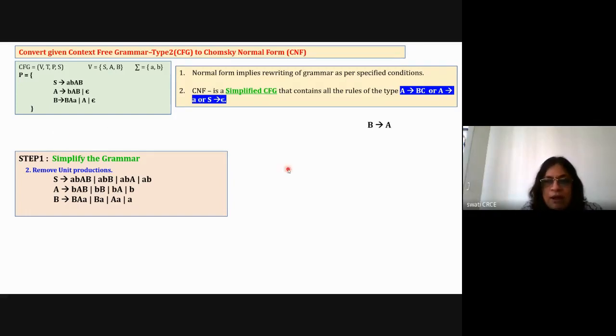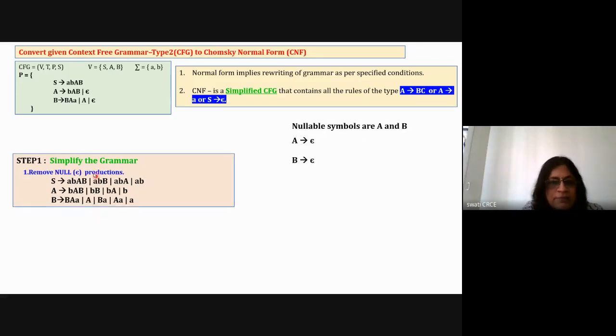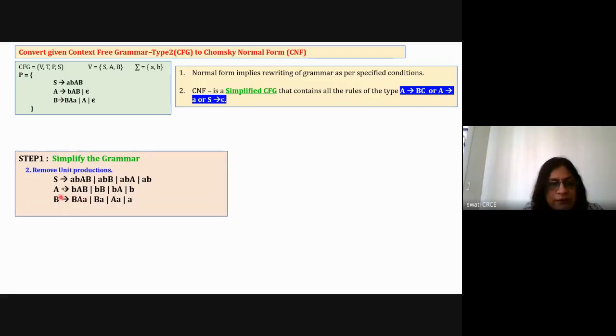Okay, and I have removed that B is equal to A and I have rewritten. See here, in the previous step, this is my input to the next step. In this input, B is equal to A is there. So in the removal of unit production, I have to extract this and keep it out. I'm writing the grammar without B is equal to A, and I've removed that and kept it here in the right hand side. So in this step, I'm writing the grammar without this unit production, removing this production from this set of rules.